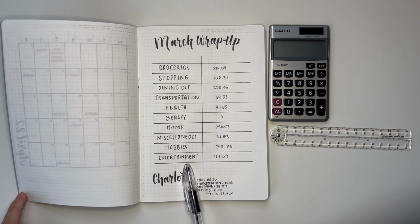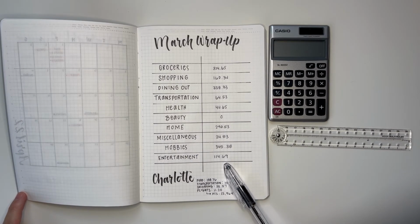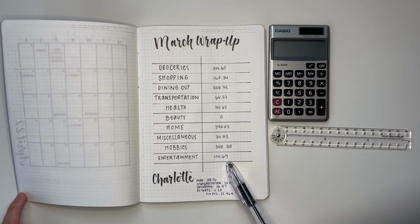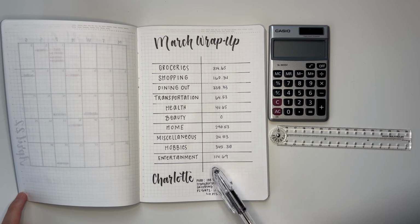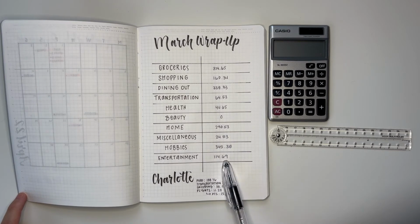The final category is the entertainment category, almost $115, and that is because in April we are going to go see a comedian. Those tickets were almost $90, but we bought the tickets in March, so that makes up a good portion of it. The other portion was just we went to go see Batman, and I